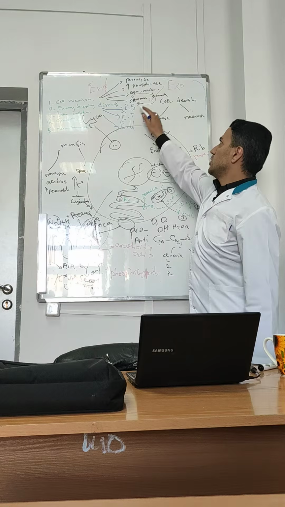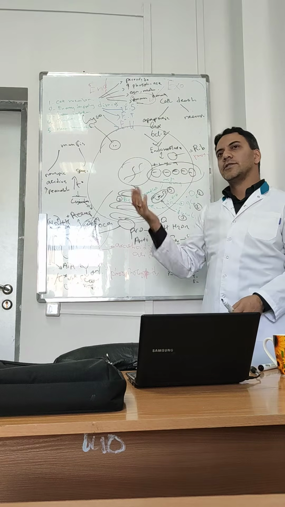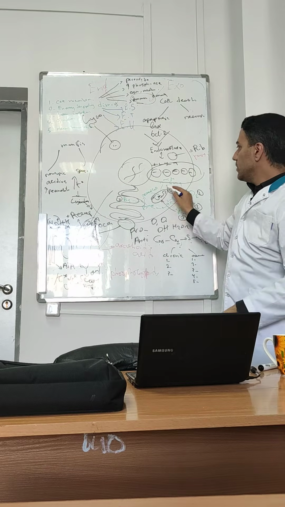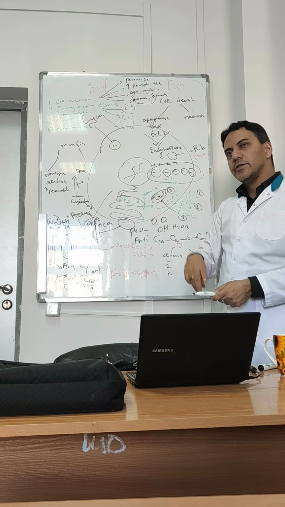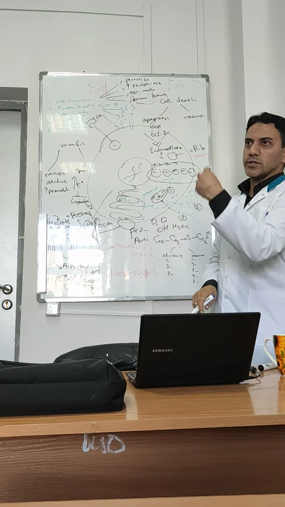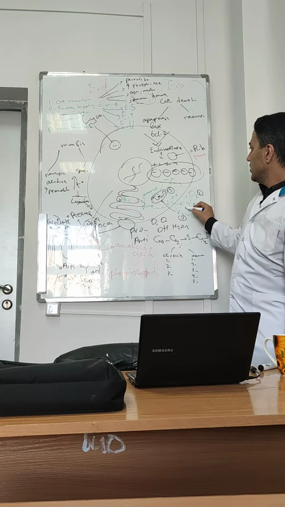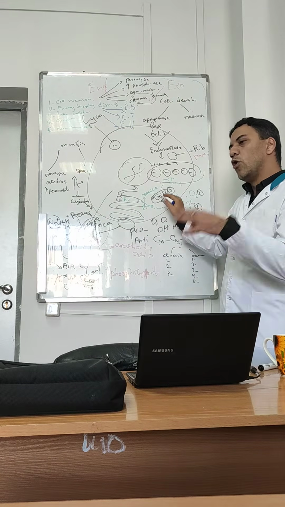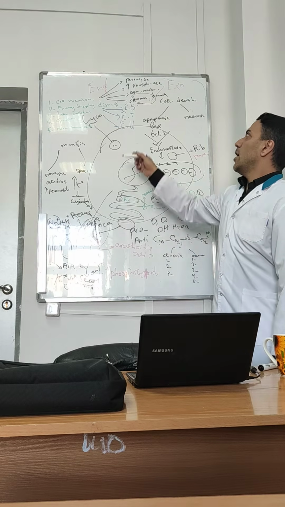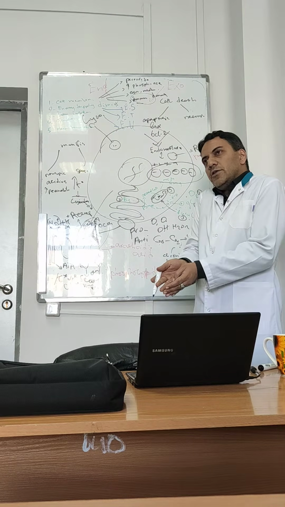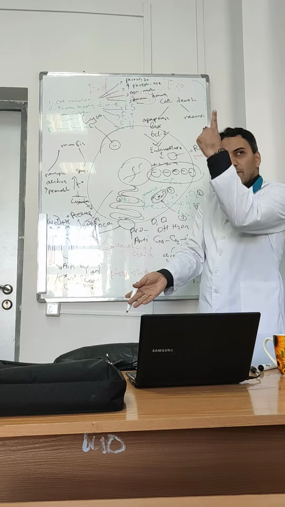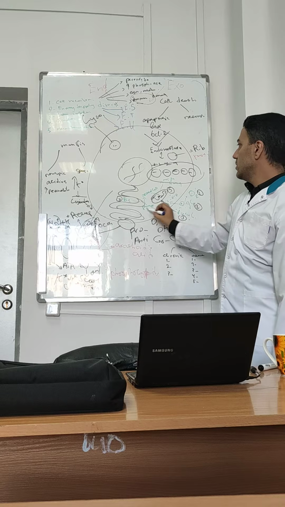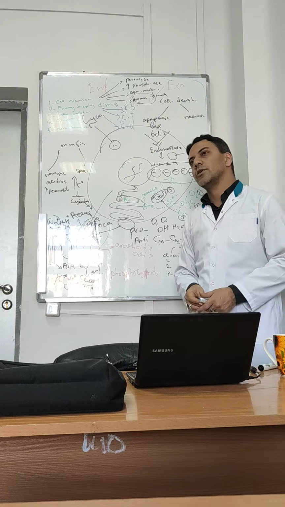Understood? Energy synthesis is done in mitochondria, and we need 5 conditions for energy synthesis: oxygen, glucose, insulin, vitamin B1, and mitochondria with their own enzymes. So how can energy synthesis be destroyed or decreased? If we lack oxygen, or glucose, or insulin, or vitamin B1, or mitochondria.